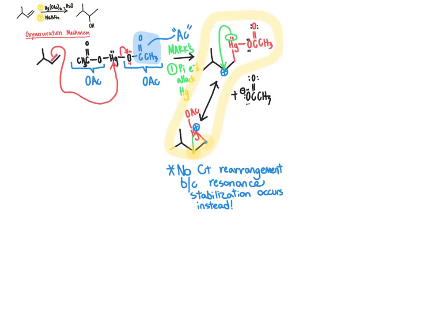So we'll go ahead and redraw one of those two intermediates that I've circled in yellow there. I'm going to do the one that features our three-membered ring with our mercury bonded to OAc, positive formal charge on the mercury, and then we're going to bring in our water to act as the nucleophile,